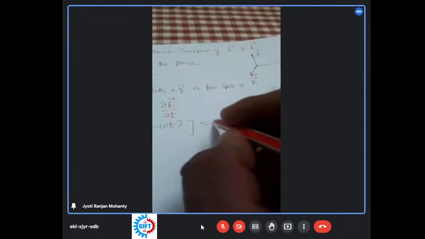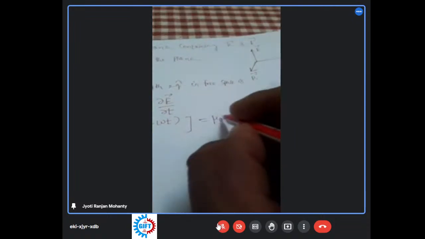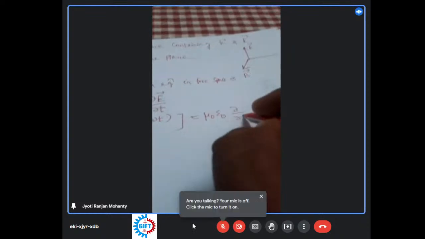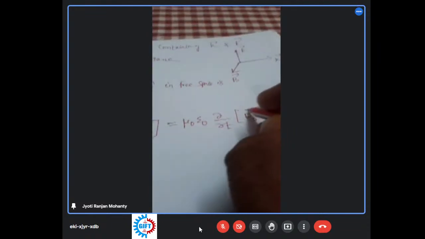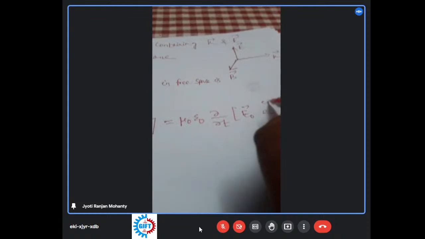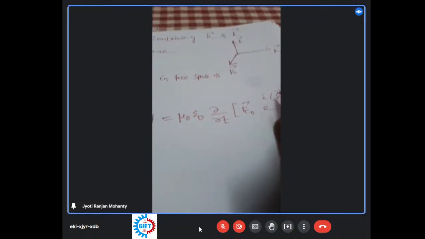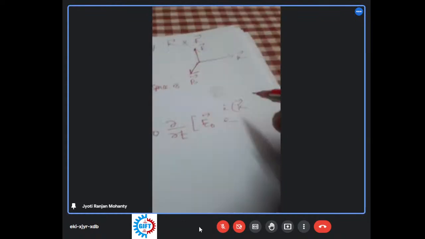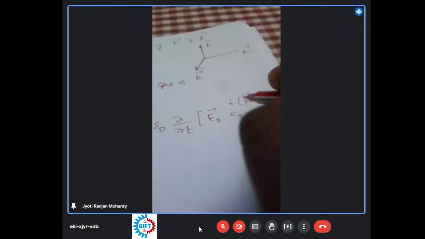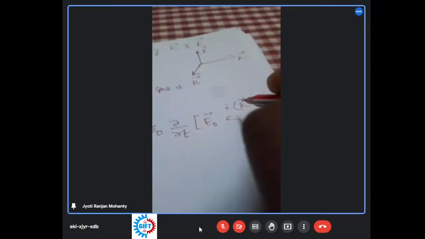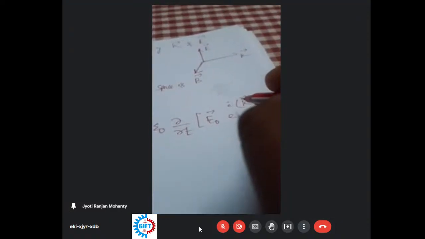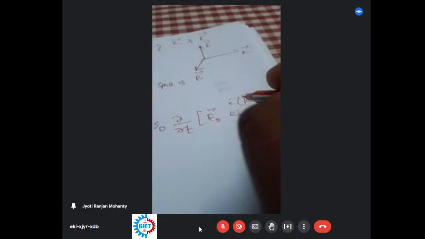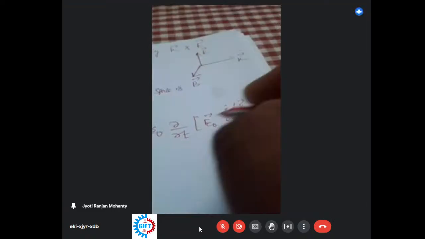What is the right hand side? Mu naught epsilon naught del by del t. E के जगह में क्या होगा, प्रज्ञा, प्रज्ञा आर यू देयर? E0. Yes, sir. So are you okay now? Pragya? Yes, sir. What about your health condition? सर कल वैक्सीन नहीं किया टिक नहीं। Okay, ठीक आছে।